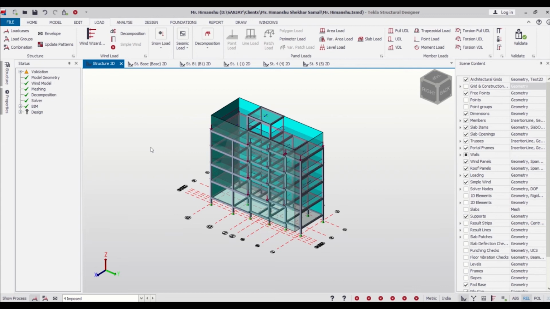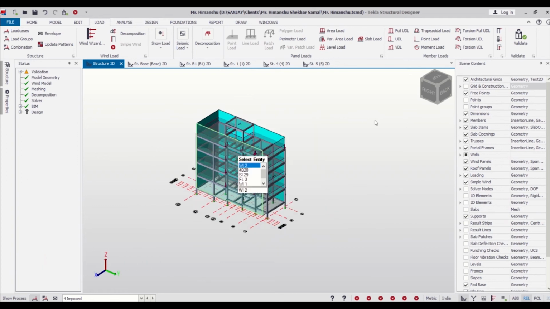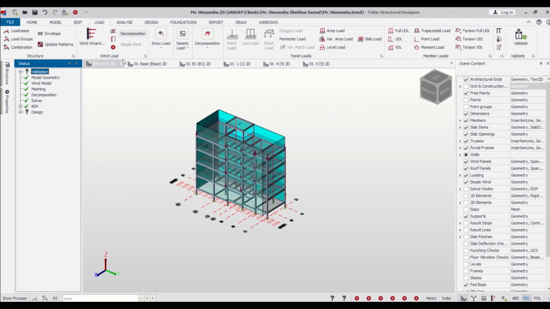First of all, it is to be known that the parameters of the seismic load are taken as per IS 1893 and our load combinations are taken as per IS 875 part 5. So let us apply seismic load in our model. As you can see in our load, we have the option of seismic load here where we can apply our seismic loads. So we'll simply go and check our model validation and then we'll go and apply seismic load,